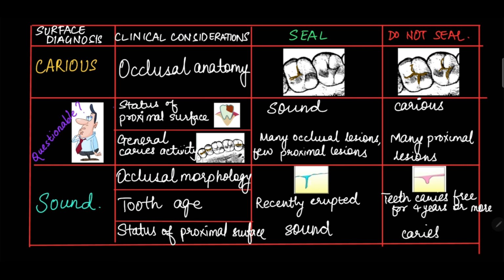So actually, all the points are basically related to caries. If there's a lot of caries activity, you will not want to seal it. Instead, you will want to prepare a cavity and fill the tooth. That's why you would not seal it. So it revolves around this entire concept of having a carious or a sound tooth. So yeah, this was about the indications and contraindications of a sealant.